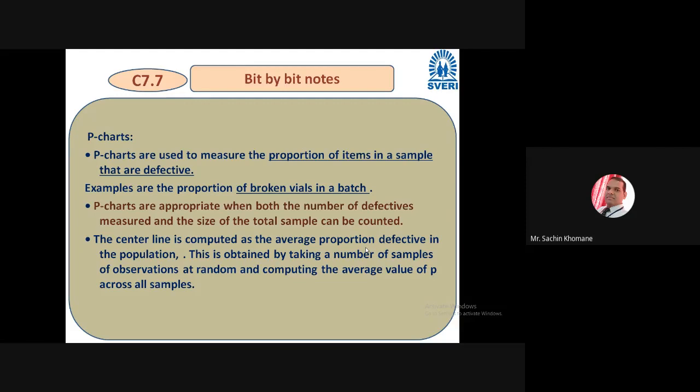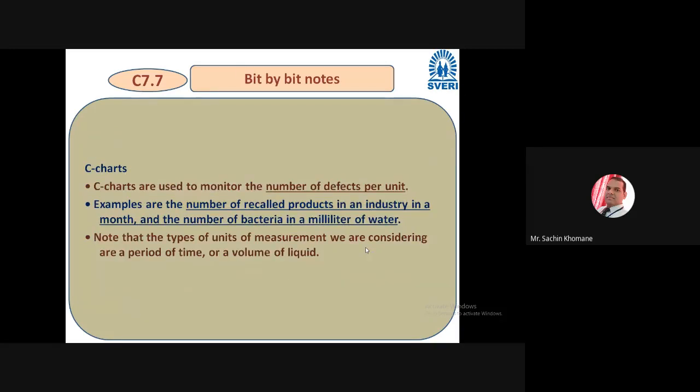So, in short, regarding the P chart, if you want to find out how many items are defective. Suppose every time only 2% defects are there, defective or broken, you are getting 2%. Every time it should be 2%, and should not be more than that. So whenever you want to calculate this kind of thing, P charts are appropriate. Now, what is the C chart? C charts are used to monitor the number of defects per unit.